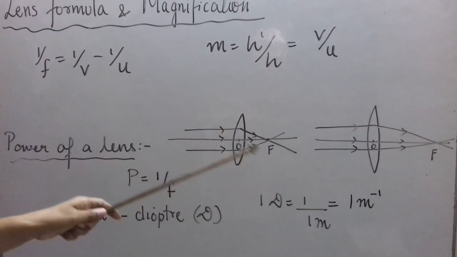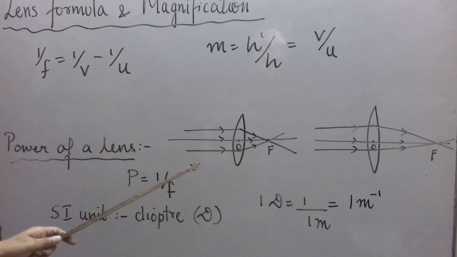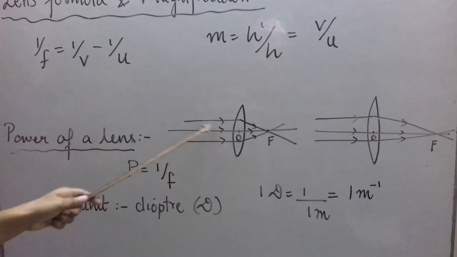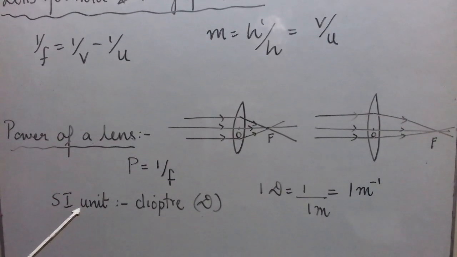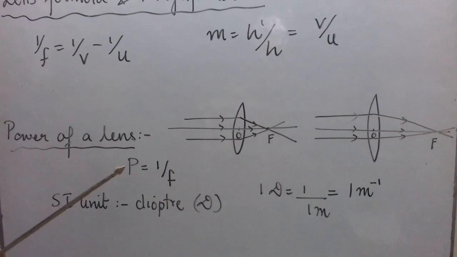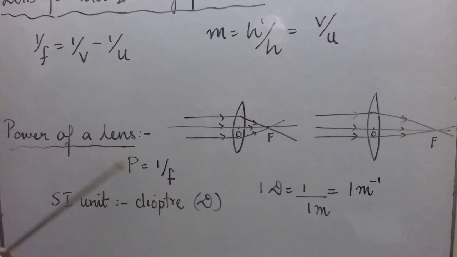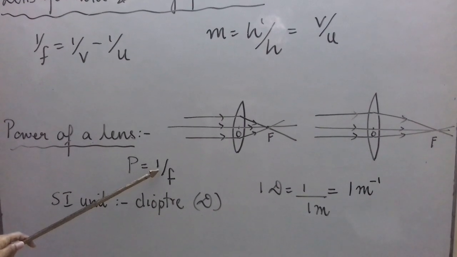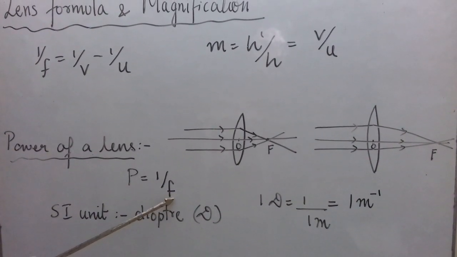Similarly, you can draw the two diagrams for diverging lens, that is concave lenses, and you can show the one which is having shorter focal length will diverge the rays more compared to the other having longer focal length. So, power of a lens is a reciprocal of its focal length. Now, let us think about its SI unit. To get the unit, we always use a formula. 1 is a number without any unit, and focal length is having the unit meter, SI unit meter.